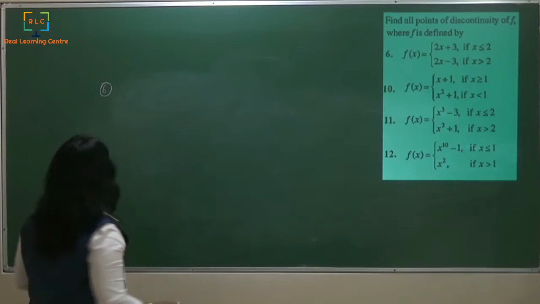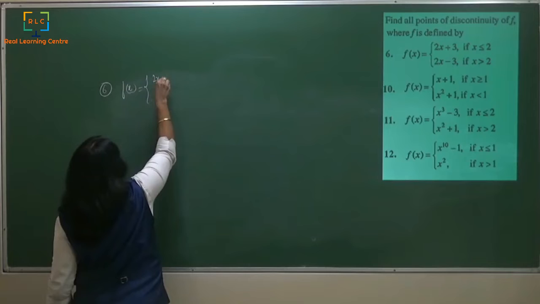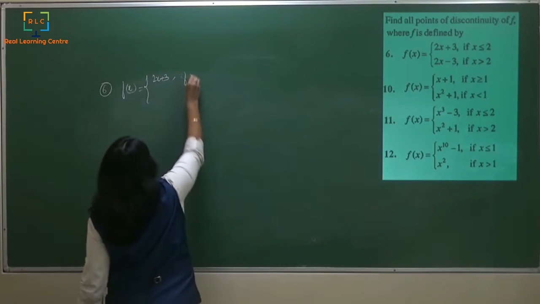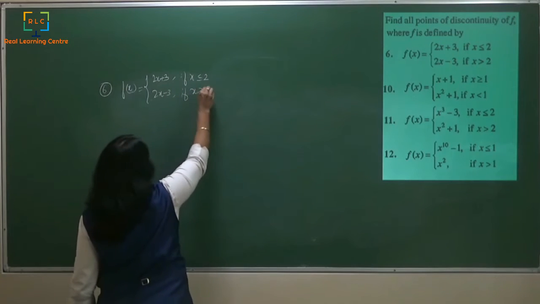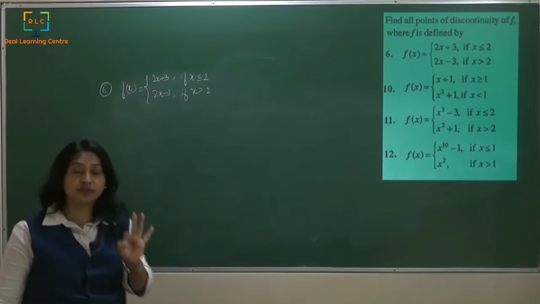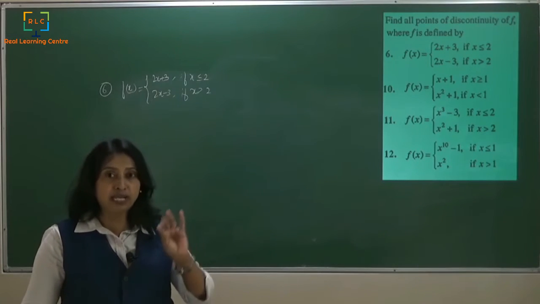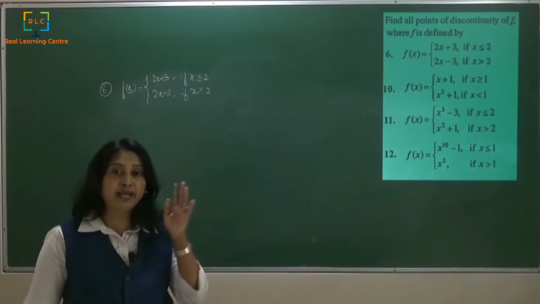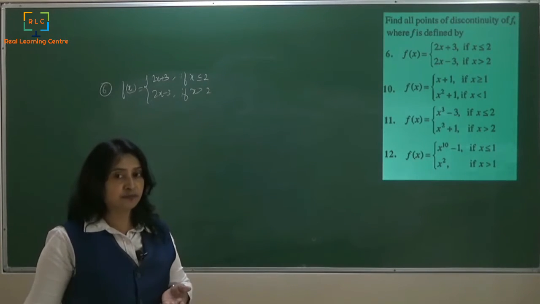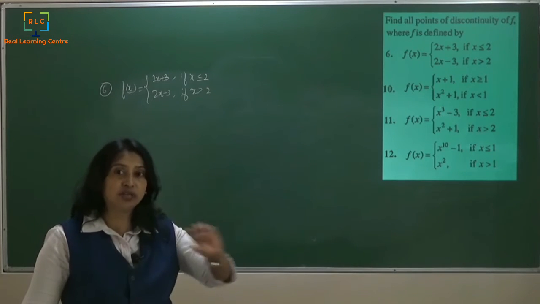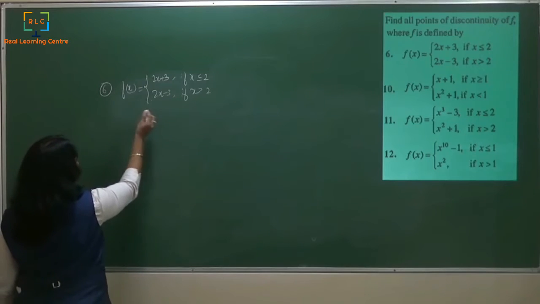So now I'll go to f of x, that is f of x is equal to 2x plus 3 if x is less than or equal to 2, and 2x minus 3 if x is greater than 2. See, there are three options given to you: when x is greater than 2, when x is equal to 2, and when x is less than 2. So LHL, left hand limit, right hand limit, and at the point, all the 3 have to be discussed for it to be a continuous function. And if it is not a continuous function, we will get one of them unequal to the rest. So let us see. So we will start with